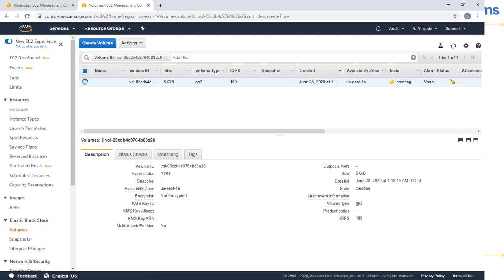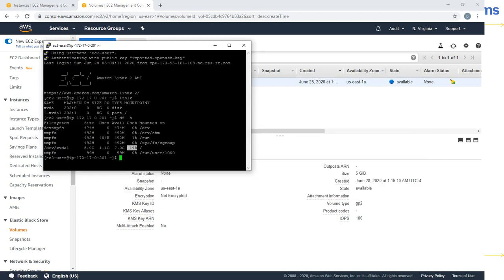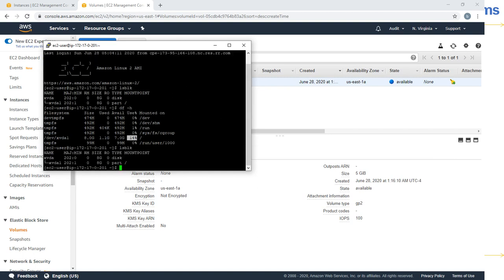As soon as you create it, the volume is being created, and then it will go to available status. You see over here, available status. Let us go and see PuTTY. Again, try performing the same command, lsblk. You don't see it over here.